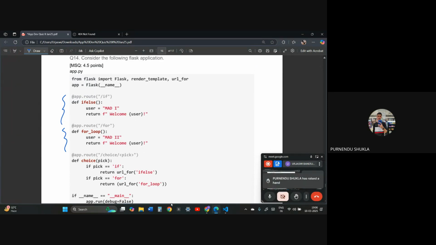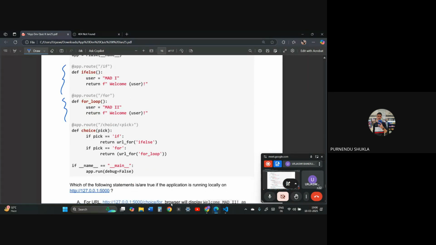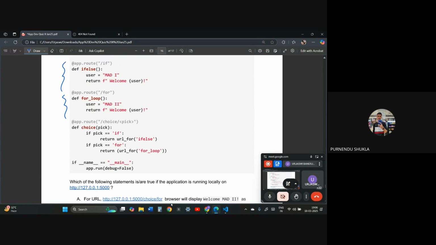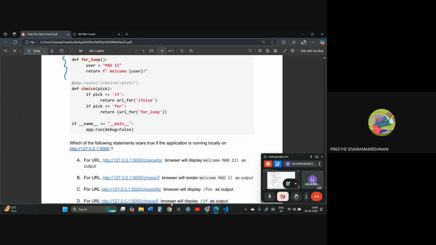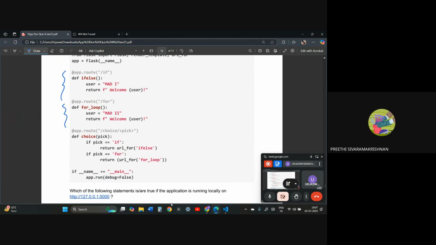Ma'am, in this question I have one doubt. I remember in one of the questions there was a URL for if-else. The same type of question was there, but the answer was the return type itself, not the if and else URL. So why is it URL in this case? That return can be redirect. No, that is return redirect, so a return redirect URL for. It is not redirect, that is the reason.